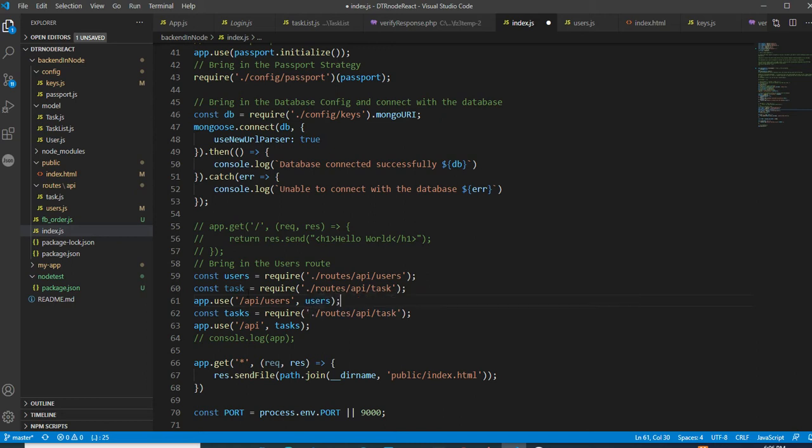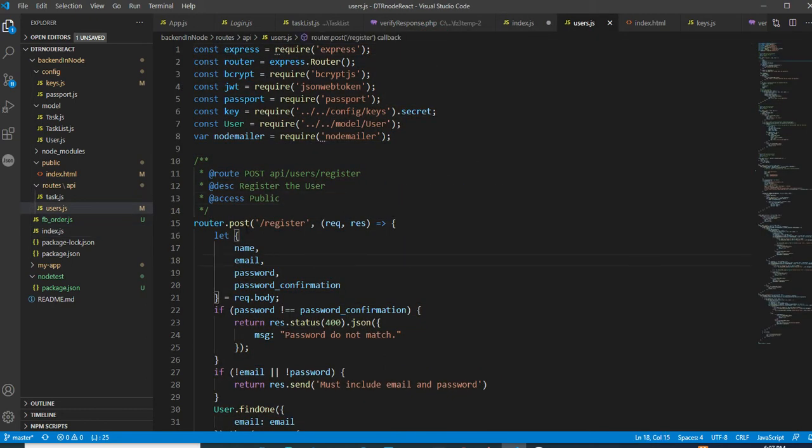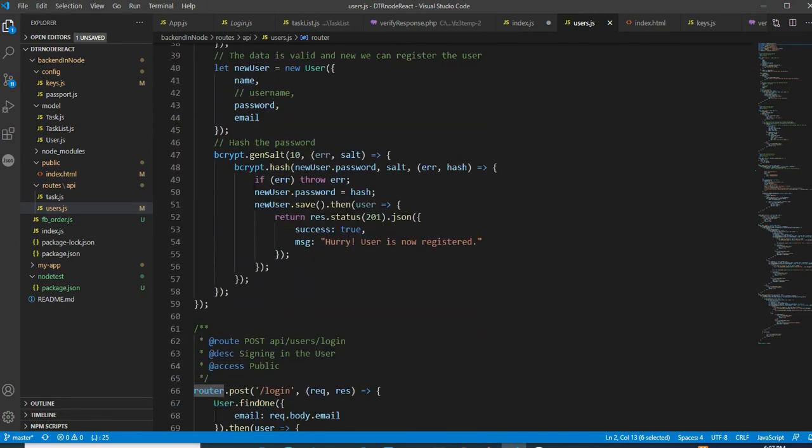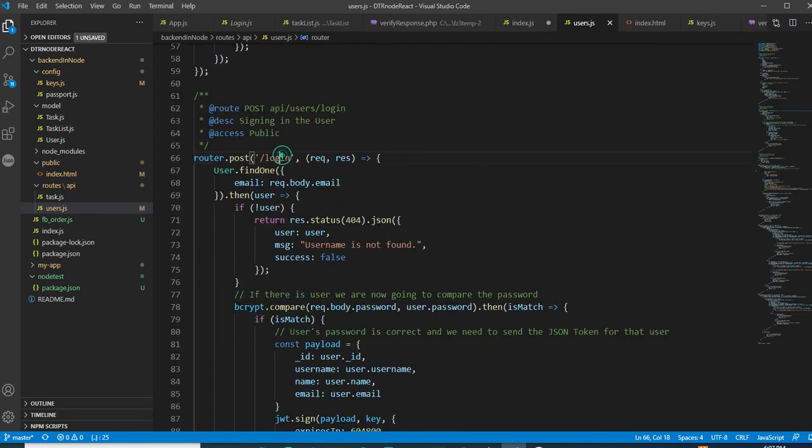The different page is users, that's why I am in the user page. Let's go to the user page once again here, and you can notice that we use express, and through express we are using the route. Express.Router, and now we have extended the route with the login. So this is a login.